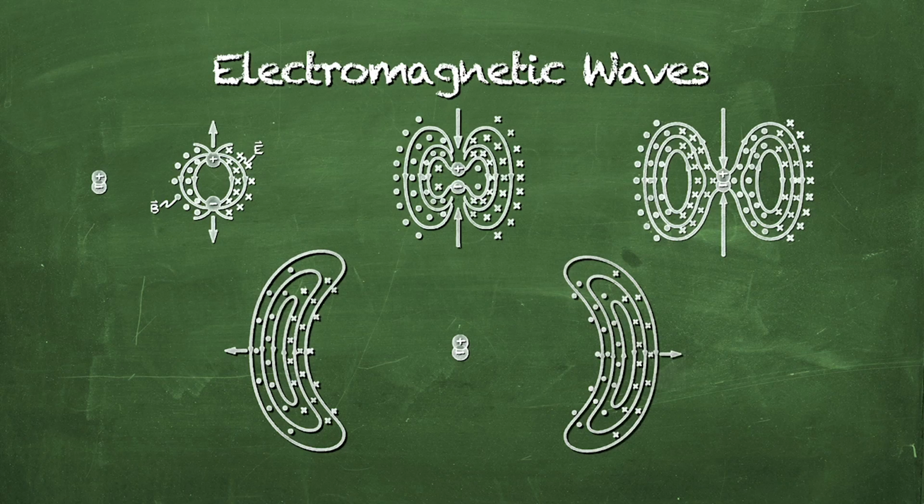These loops of electric field and magnetic field propagate away from the two charges. This is an electromagnetic wave. It's actually a ripple or a pulse of an electromagnetic wave. And these two loops will move outwards at the speed of light